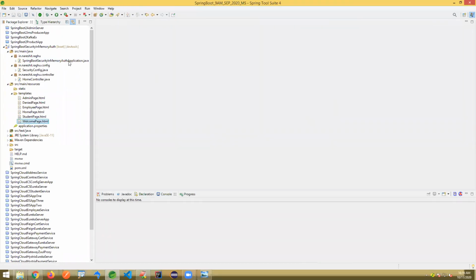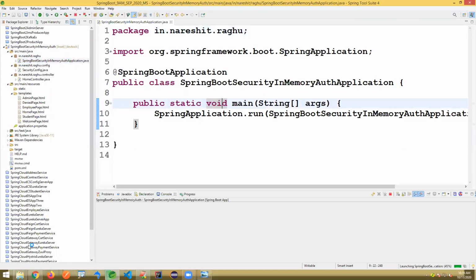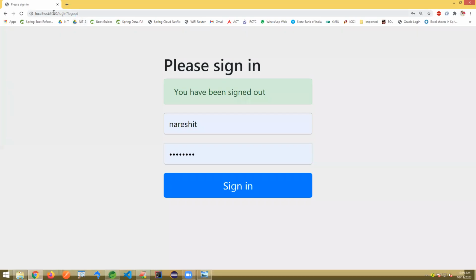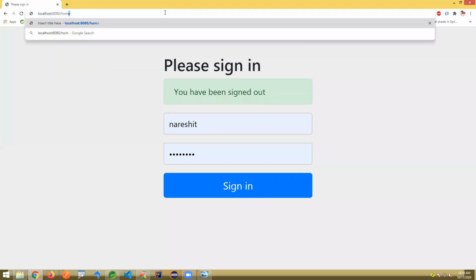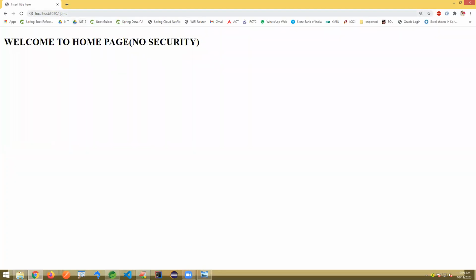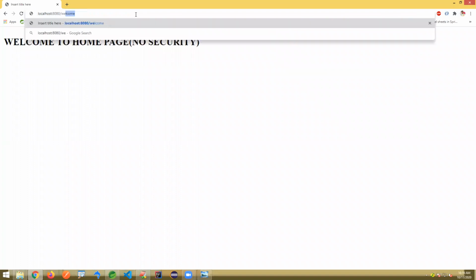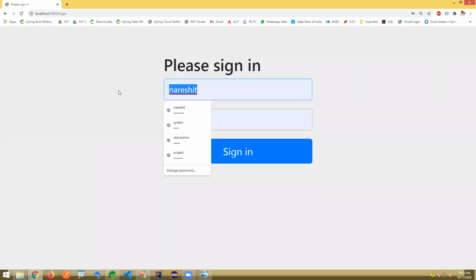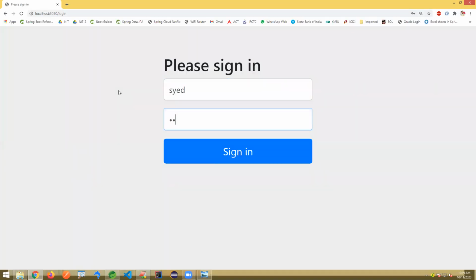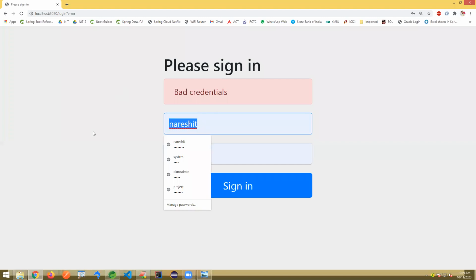Okay, I'm starting the application again and running it. Come here, /home. If you create one menu bar, then it looks really good. It's /welcome. Syed AA, wrong password, bad credentials.